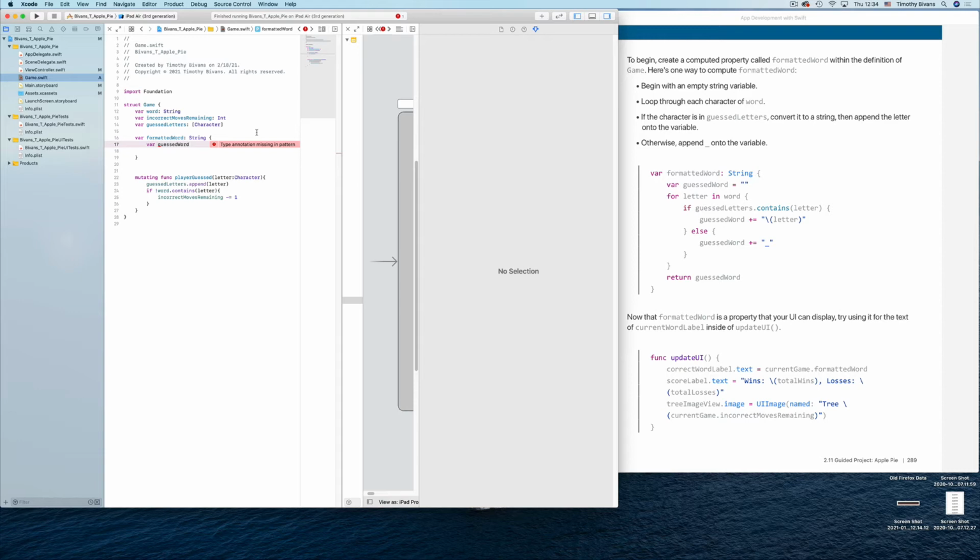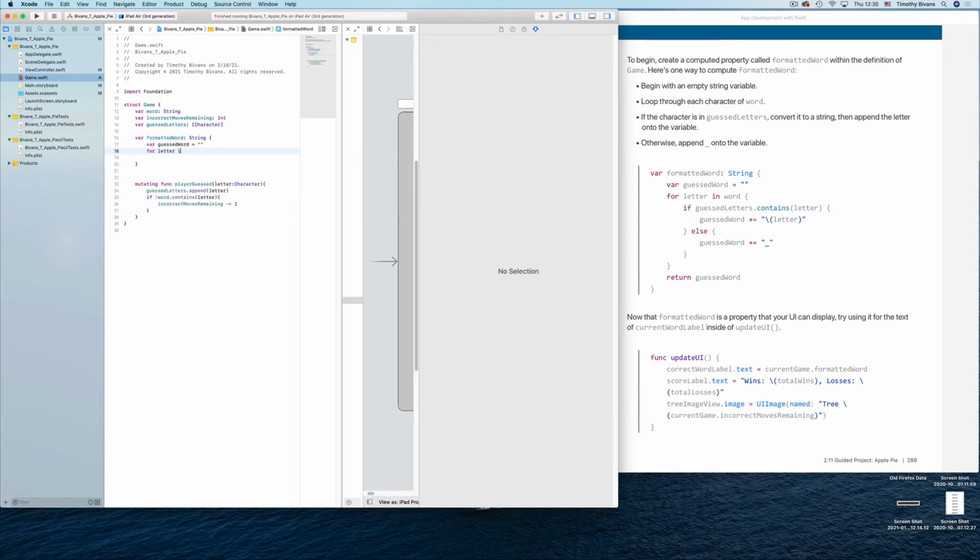Is this supposed to be in the, where's it supposed to be? One second. Never mind, I'm stupid. All right, guessed word equals